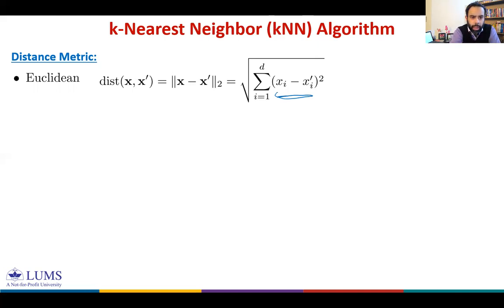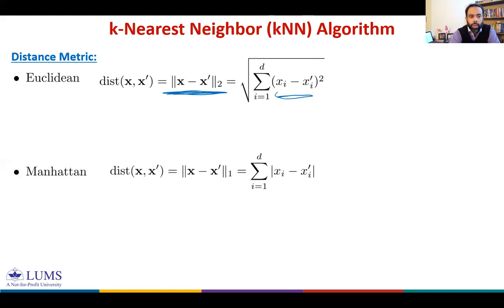I will come back to this notation very shortly. And then we have another distance, the Manhattan distance. How do you interpret this definition of Manhattan distance, right? You take a difference along each dimension. In Euclidean distance, you square this and then you sum. But here, we're not squaring it. We are just taking the absolute value of the difference along each dimension, and you sum all of them, right? So this is what we call Manhattan distance.